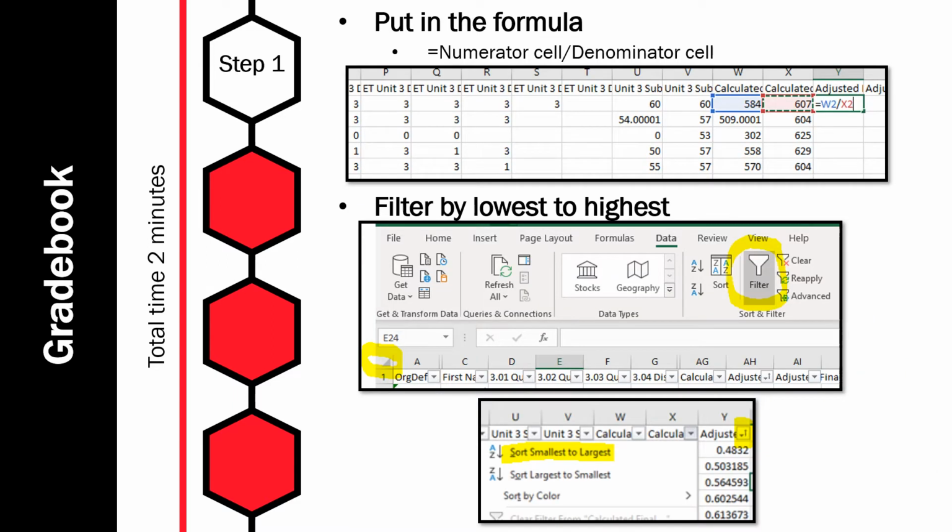Once you open the gradebook in Excel, you want to set it up to quickly filter. First thing you need to do is create a formula in the very last column of your workbook that's going to give you your class percentage. You create the formula by first entering an equal sign into the cell, then you click on your points earned or your numerator cell and you divide it by the total possible points or your denominator cell and you hit